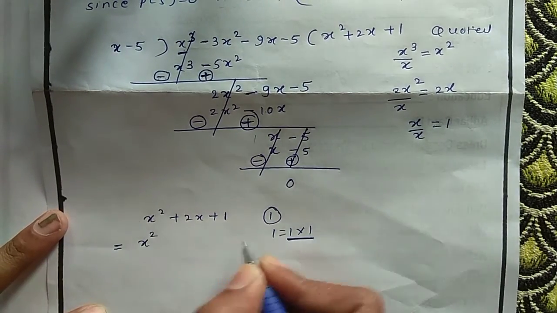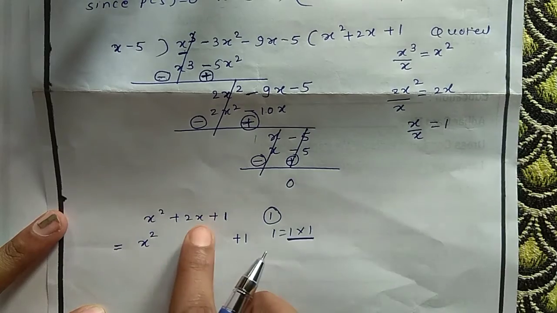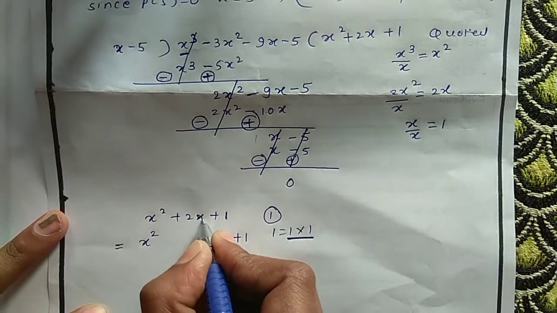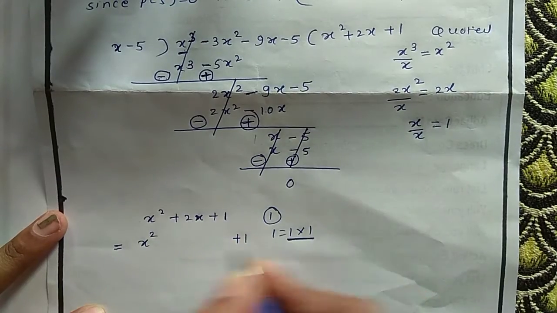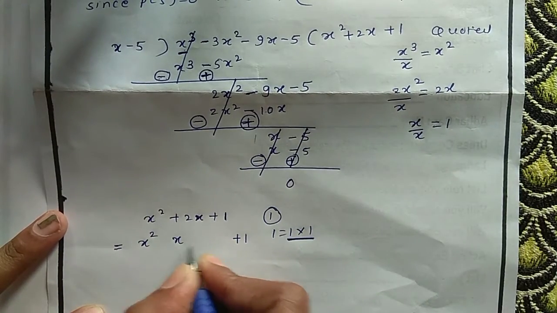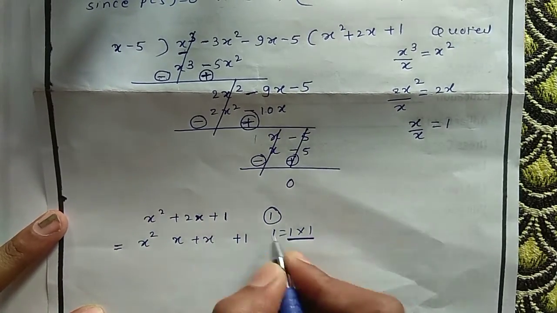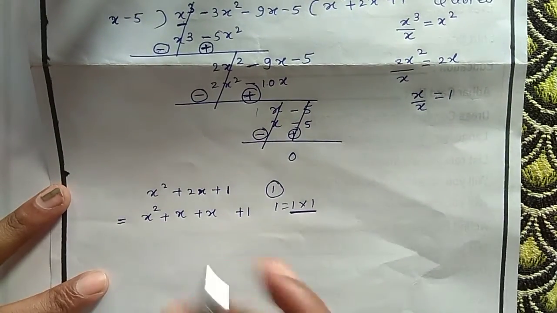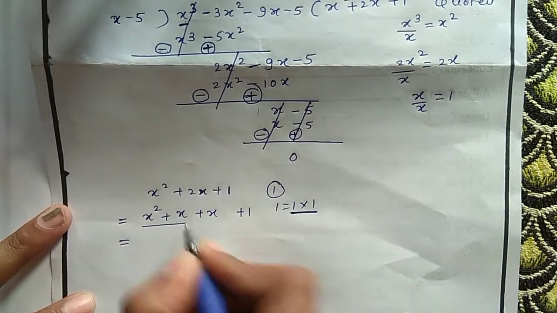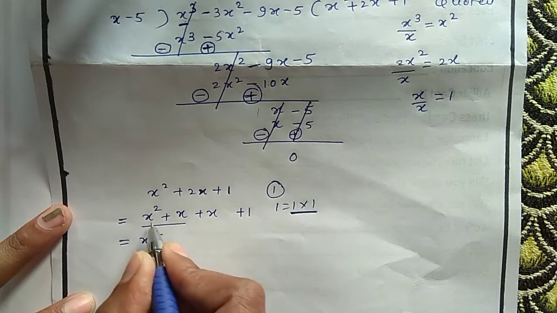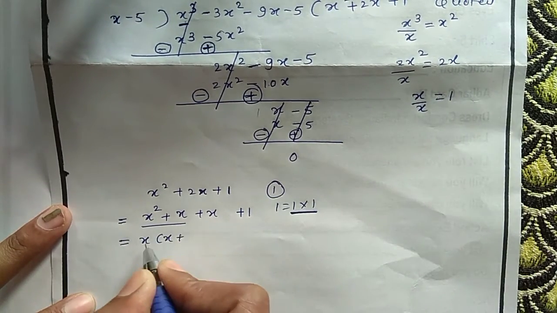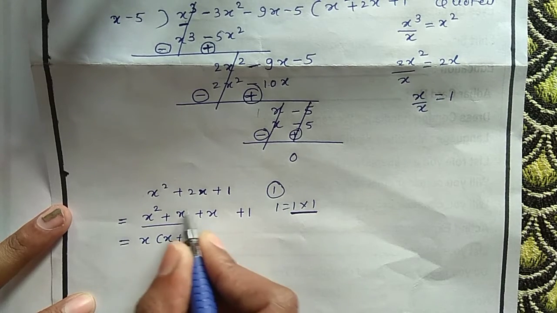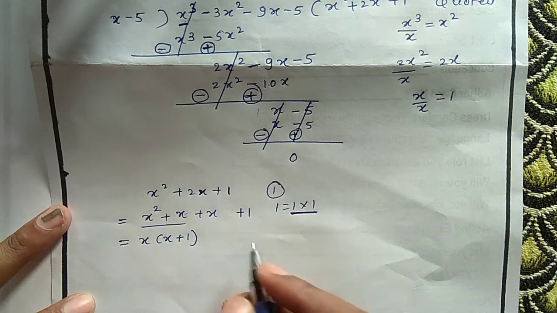So by adding these two, we will get the middle term. So x square will be as it is, last term will be as it is, only the middle term we are going to split. So 1 into x, because x is there, 2 is not alone here. So 1 into x is x plus 1 more x. And by adding these two, we got 2x. So we'll put here plus sign. Now in these two, x we can take common. So x will remain, plus x went here, so 1 will remain. Don't write 0. Always 1 will be the multiple of all the numbers or all the variables.